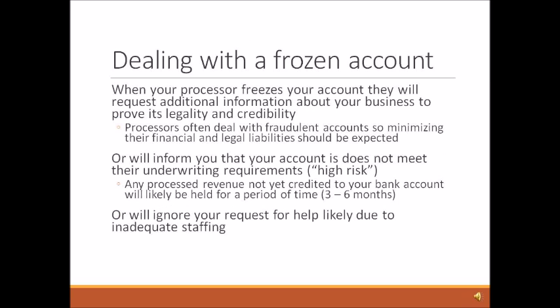So, dealing with a frozen account: when your processor freezes your account, they will request additional information about your business to prove its legality and credibility. Sad to say, but unfortunately processors quite often have to deal with fraudulent businesses and accounts, and so they have processes in place to review financials and legal liabilities, and will decide whether or not they want to continue working with a merchant. Or they'll simply inform you that your account does not meet their underwriting requirements, aka it's high risk,